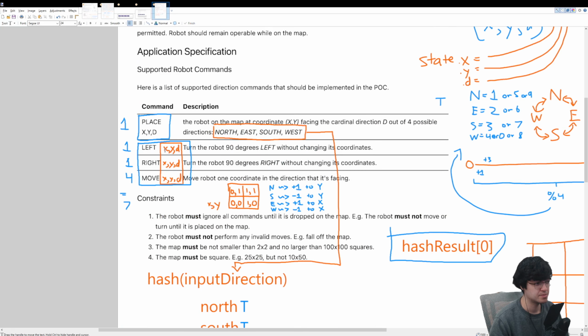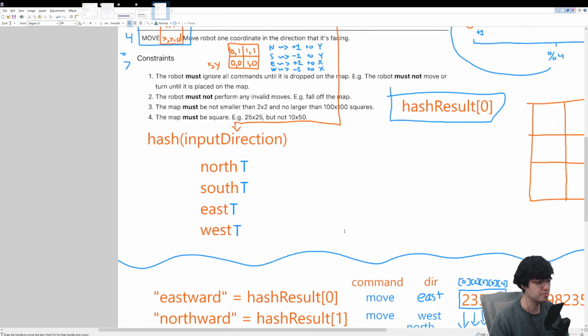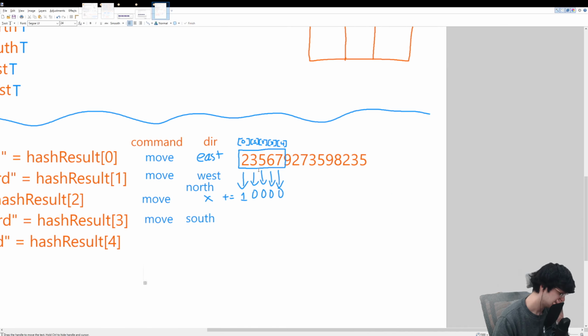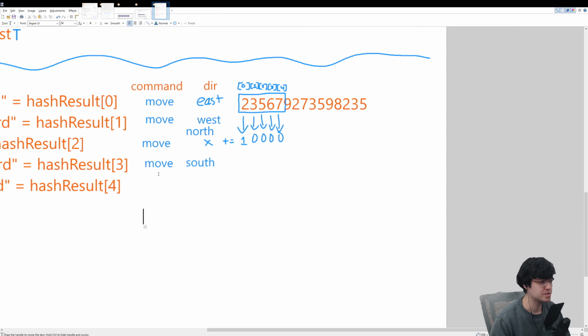But then because we need to feed in the state as the parameter for the hashing, we end up in a situation where left, instead of only caring about the fact that we're left and that's it, because normally when you turn, it doesn't matter which direction you're facing. Every time we turn left, we always add 3, and if we turn right, we always add 1. Doesn't matter if we face north, doesn't matter if we face east. It's always the same action we're taking. Unfortunately, if we feed the state in,